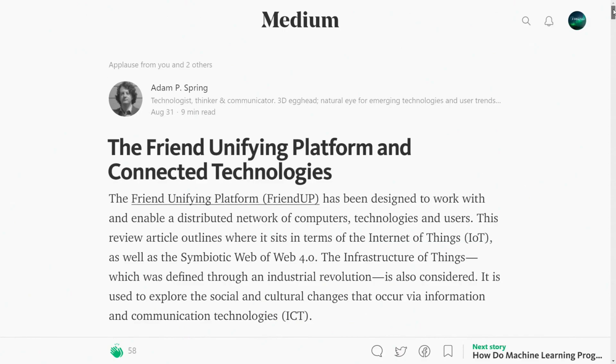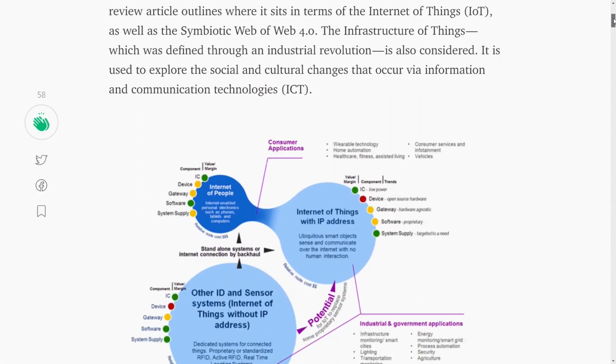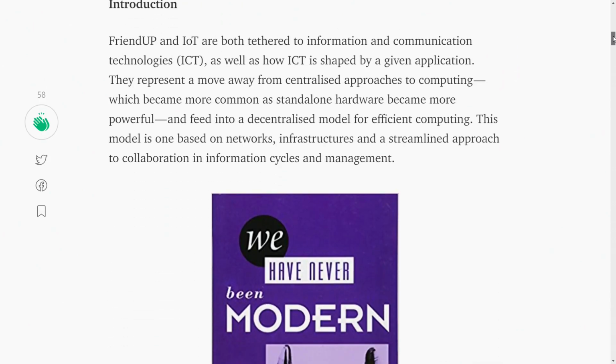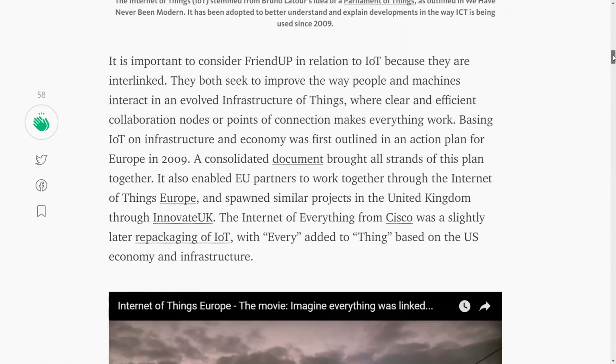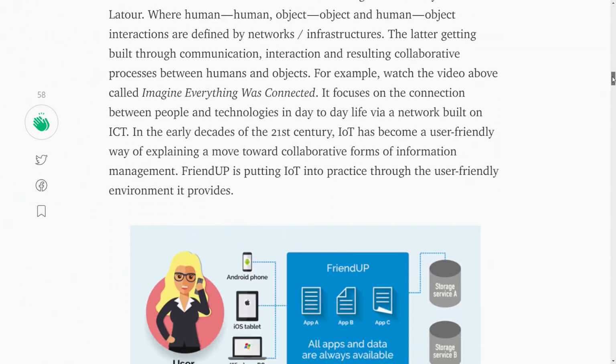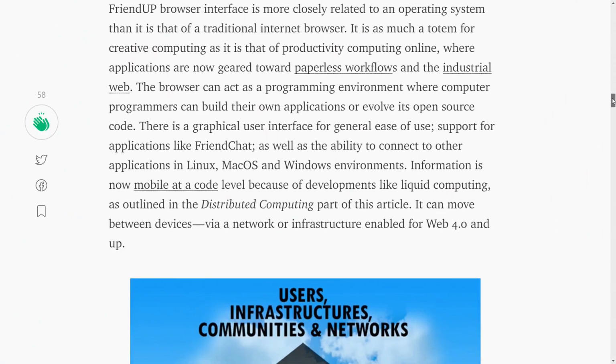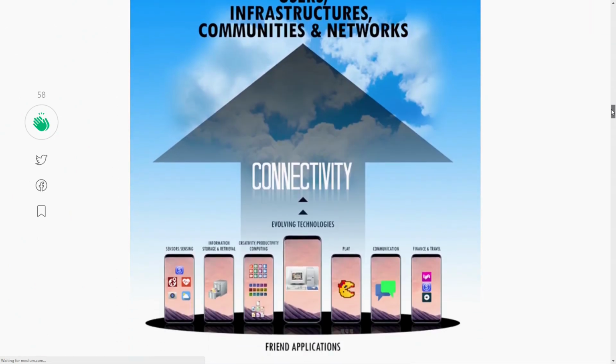Well, actually, speaking of which, you have been busy this week. Some people may have seen the rather in-depth article you did on Medium all about the Friend platform. Yeah, so basically when I first came in, we did that little video on Web 4.0, and one of the first things I thought would be important to do was to flesh out some of the stuff that we talk about a lot, and things move quite quickly in a tech company, but to try and make it easier to approach. As I think we've discussed before, it's really easy to make something sound hard. To make something hard sound easy is really difficult.